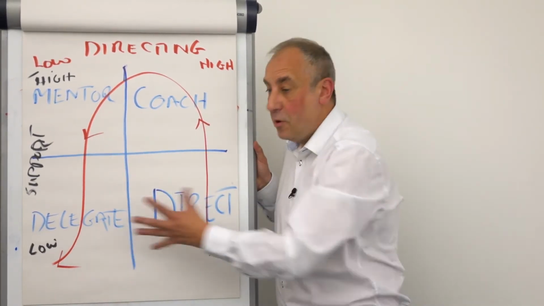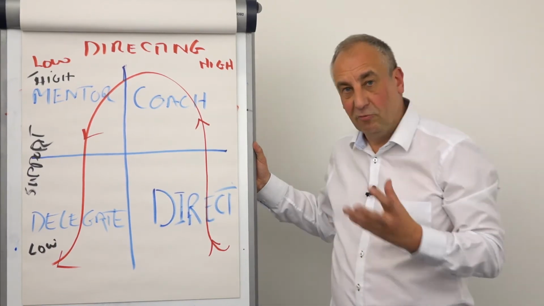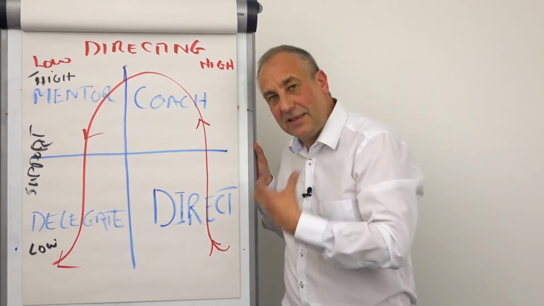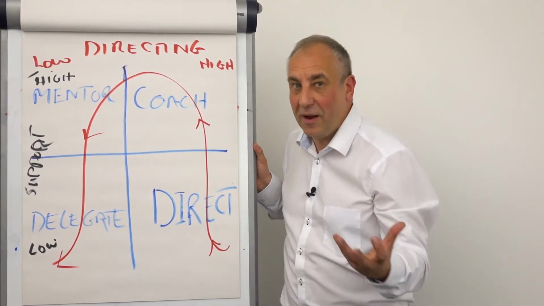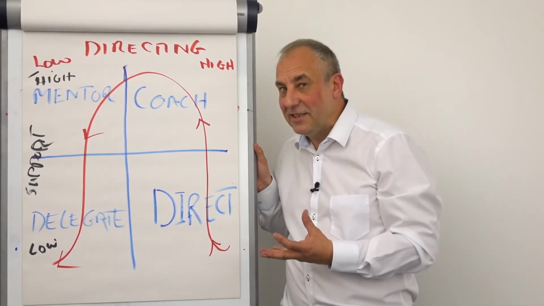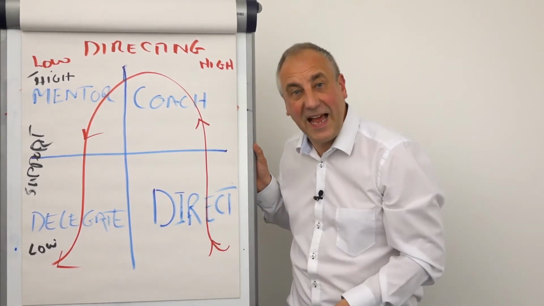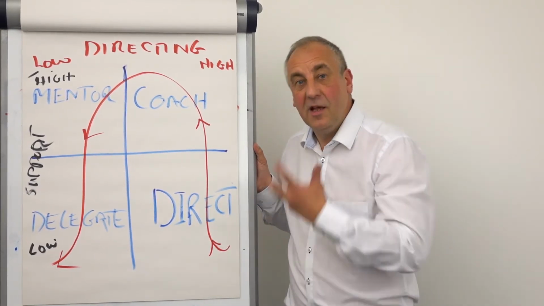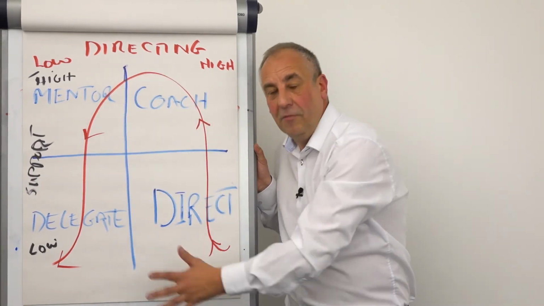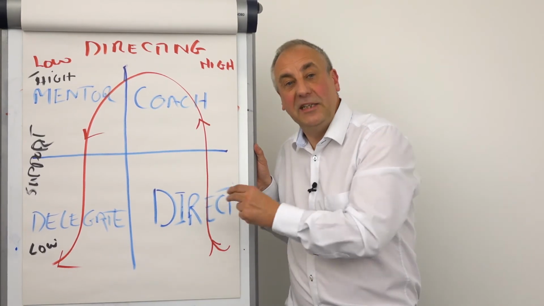And then finally, we're moving down to delegation. Low support and low direction. Reason being, we've developed the skills of the individual, so it may well be that they're doing the job better than we can. Remember when we came into business at the beginning, we had the sales, the marketing, the operations, the finance, all of those hats. Now we've got a team. The question is, where are our team on this situational leadership model,